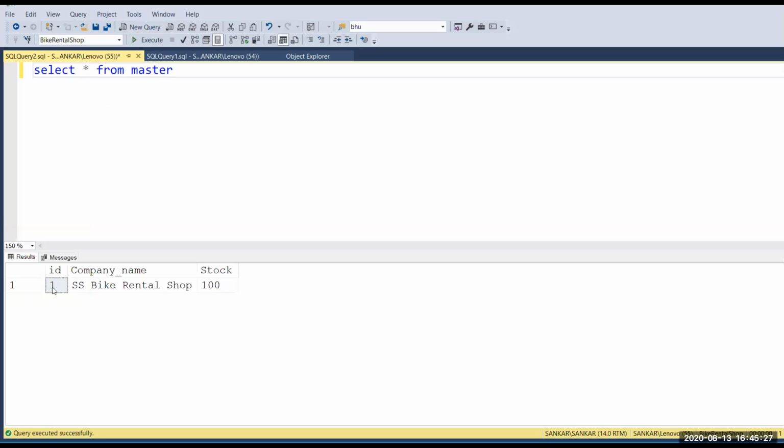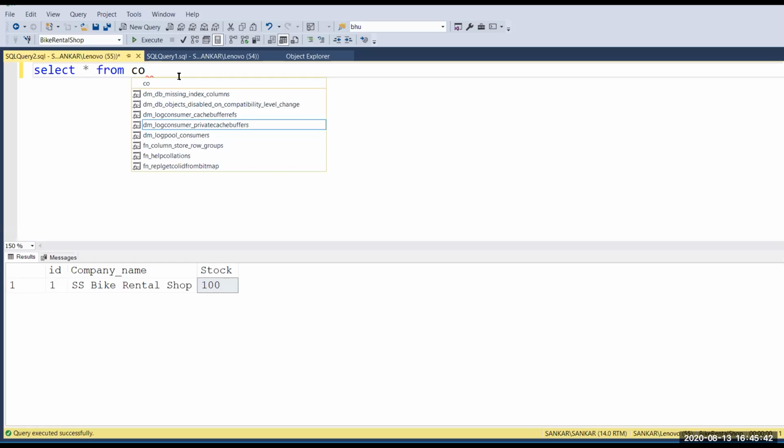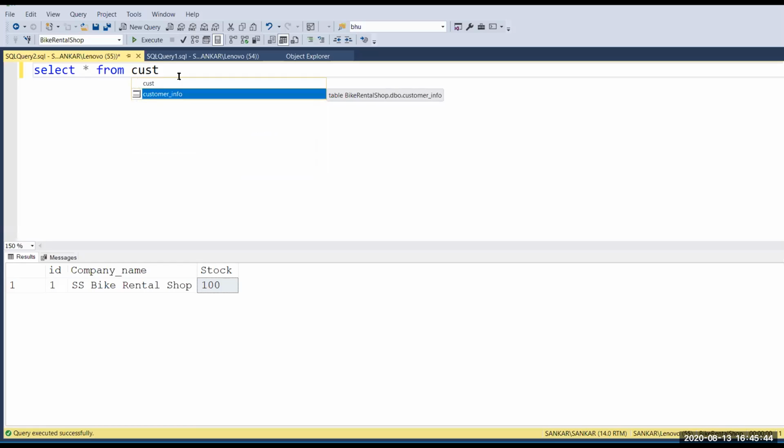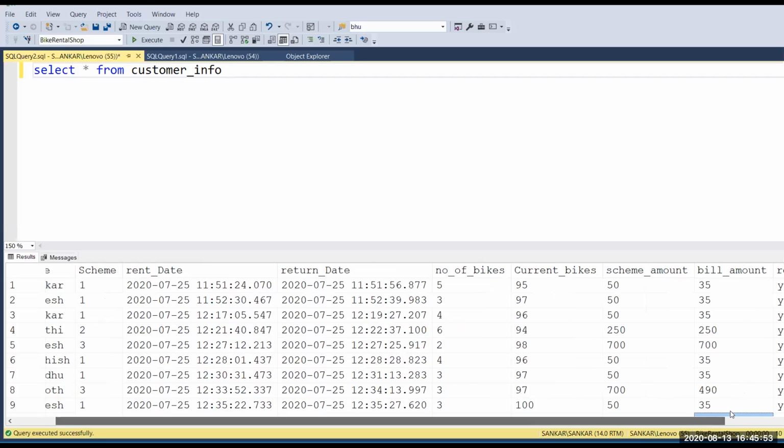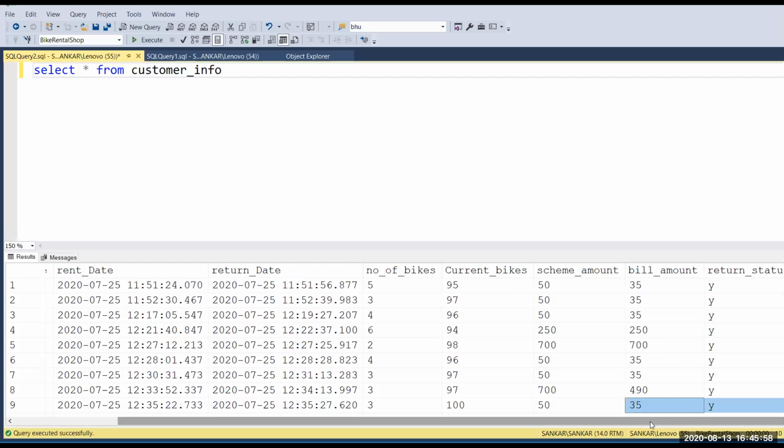So master has only one row. It has the company name and stock. The current stock is maintained here. Then I'll show the customer info table. Here you can see we have id, name, scheme, rent date, return date, number of bikes, current bikes, scheme amount, the bill amount, and the return status.